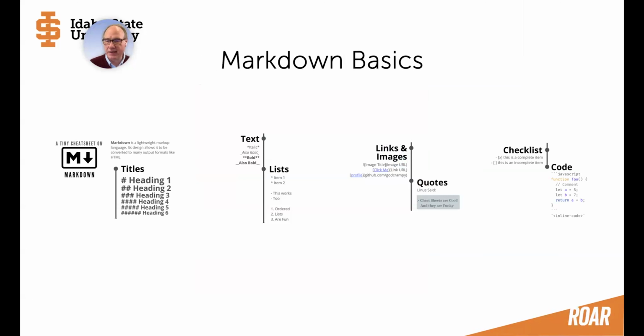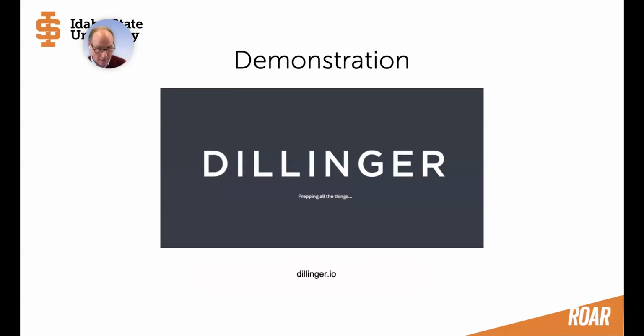So, Markdown basics. Basically, Markdown is a way of writing documentation using very simple symbols in order to create our formatting. For today's demonstration, I'm going to use a website called Dillinger, at dillinger.io. If you wanted to follow along, you could pull that up. When you pull Dillinger up, you're going to see a bunch of text on the left-hand panel. Just highlight that and delete it, and then you can follow along. Other than that, I'm just going to move forward.